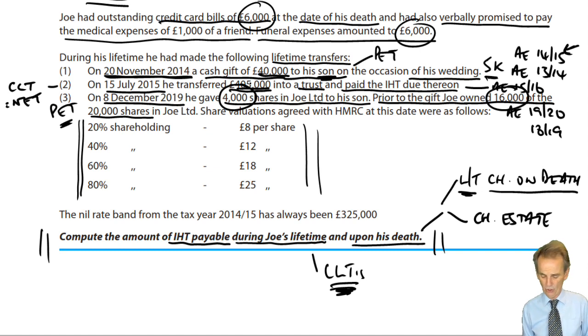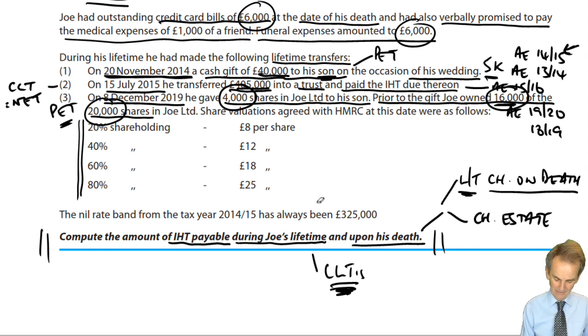Well, that will be 12,000 shares. And then apply the relevant price for those 2 relevant shareholdings. To begin with, 16,000 shares out of 20,000. 16 out of 20 is an 80% shareholding. So here, in terms of the 80% shareholding, £25 per share, your transfer of value computation would be based on,